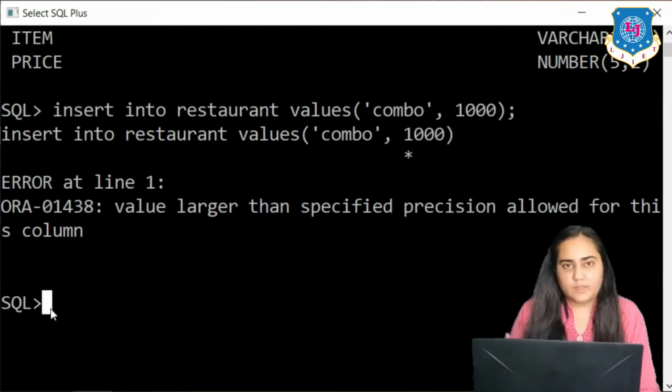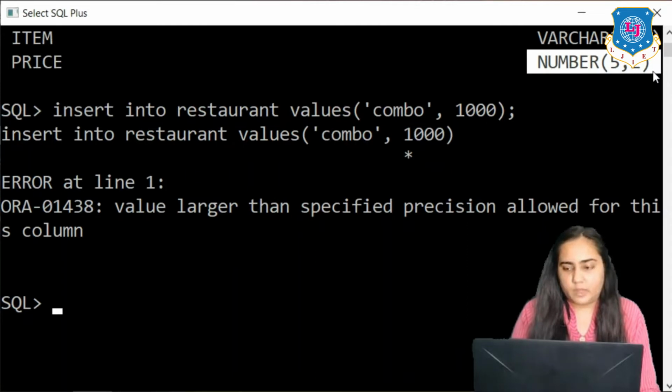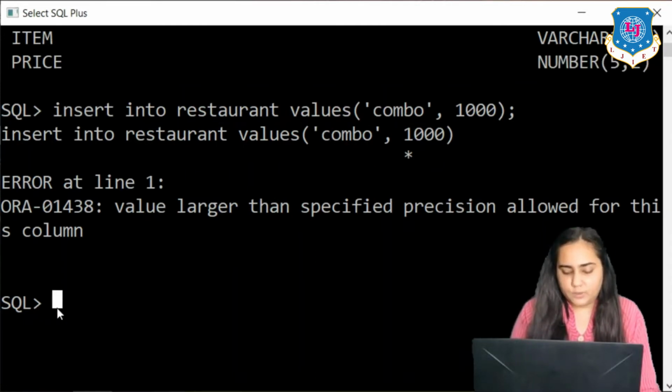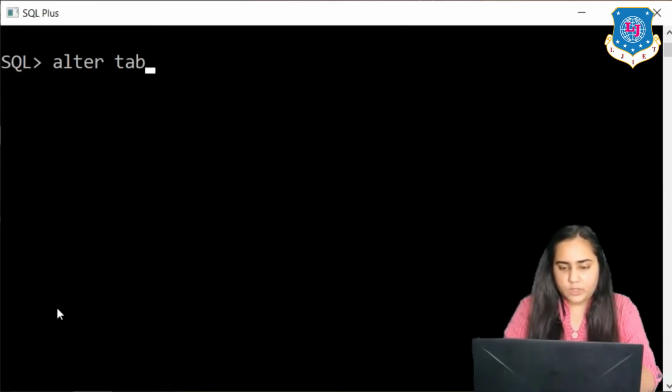So at this point, I would have to change the schema of my table in order to be able to fit this value. To change the schema, in the sense I just want to change the size of this column and maybe increase it so that I can include more values, you need to write the query alter table, and then you will write the name of the table, which is restaurant,